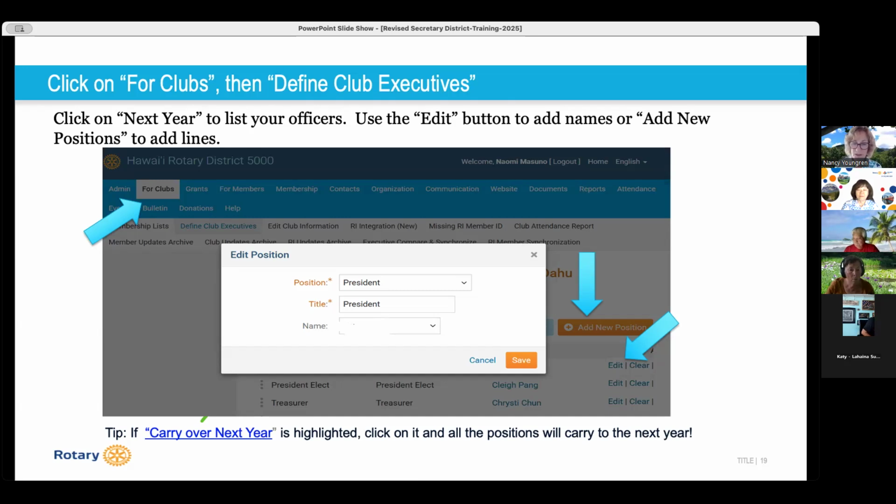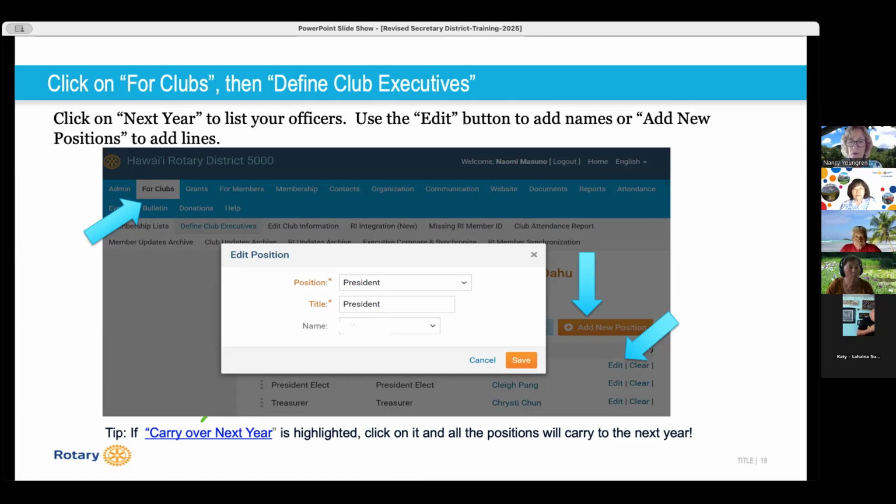It has all the positions. This is just a screenshot showing president, but all the committee chairs, if you have a foundation representative, every kind of position that you have input for your club can carry over for the next year by highlighting the carry over next year button, and then you just have to fill in the names.